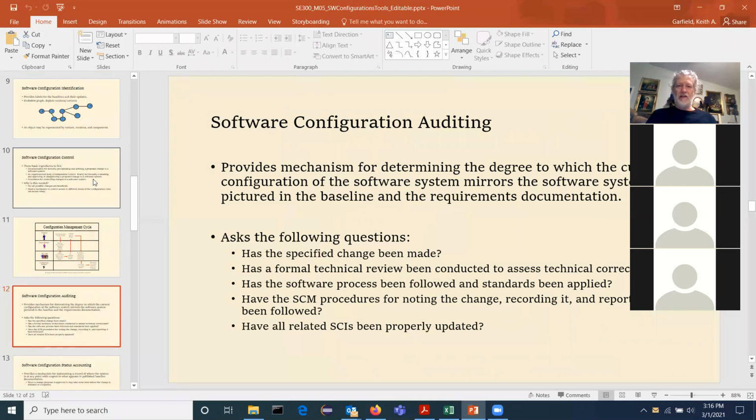Okay, then we do the auditing. What's the auditing about? First we have the baseline of what we are at. That's the identification. Then we identify what we're doing in a controlled way, and then we audit to say, wait, has it actually been done? Before we do it, we need to assess it to make sure it's technically correct. Has it not just been done in the middle of the night by some person in a lab where we don't know what happened, but did they actually follow our corporate procedures or our team's procedures?